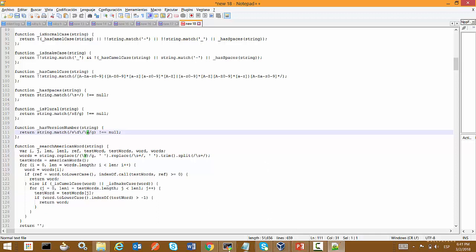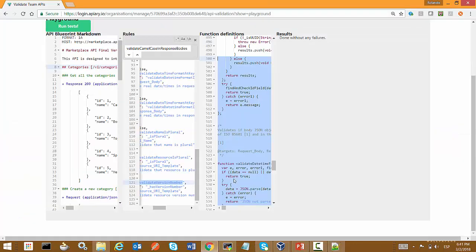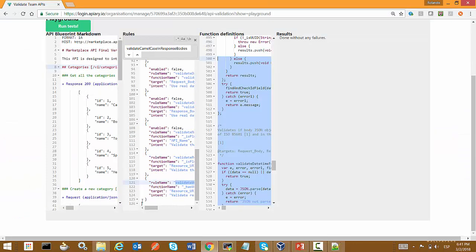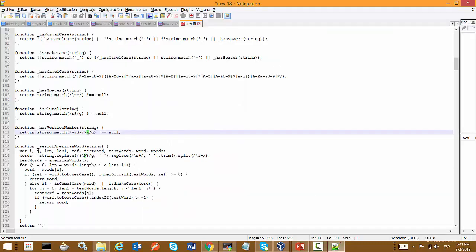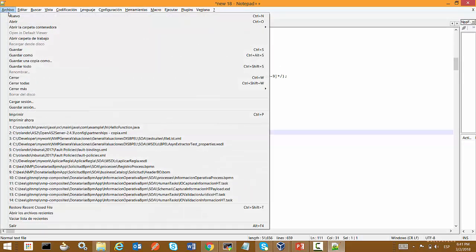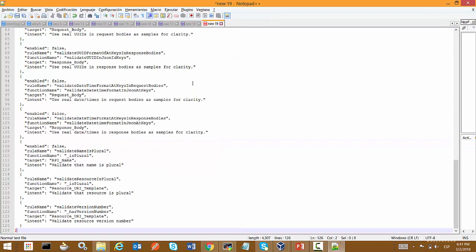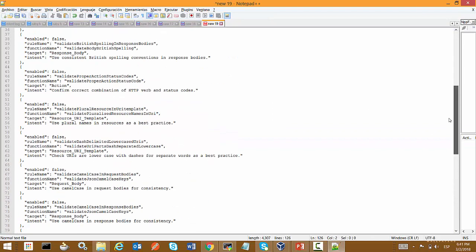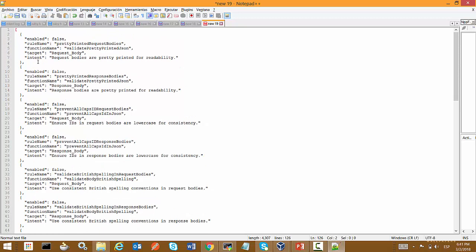Secondly, he created a JSON file with the rules. If I copy and paste this right here, this is basically a JSON file, and it contains some elements that help us to define our rules. And actually this is related to the functions because the function name is right here.